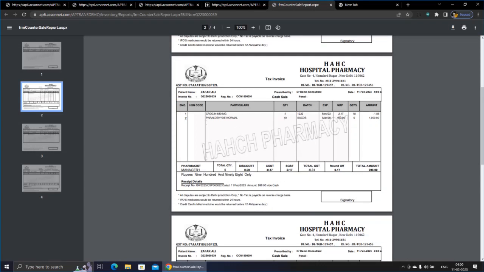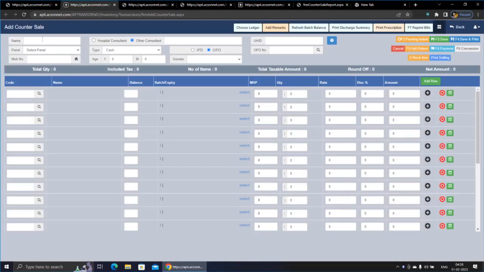This bill is previewed. So we can see one item is returned. Patient has purchased this item and he returned this item. So total is 998. So let me take one more example, the last example from counter sale, where the patient